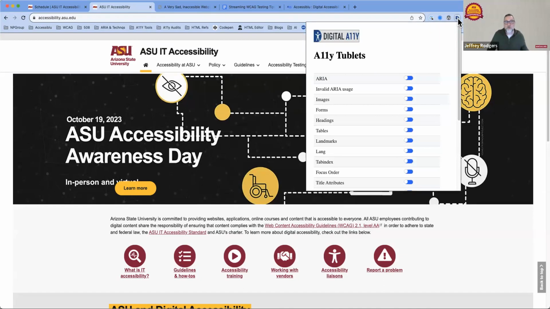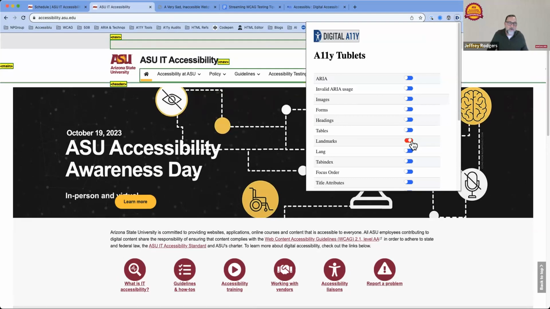What it does is it has a drop-down box of different accessibility topics, with a switch next to each. If I flip the switch, it will identify those elements on the screen if they're there. For example, if I hit landmarks and turn that on, it will identify all the different landmarks on the page. You would want to see things like navigation menus, and things like your H1 or H2 tags, headers in there. So those are helpful. If I turn that off really quick